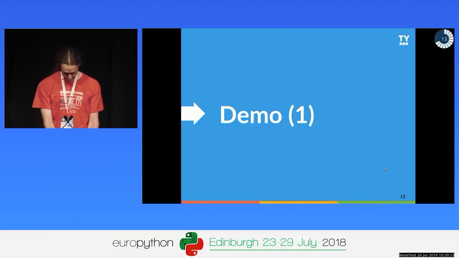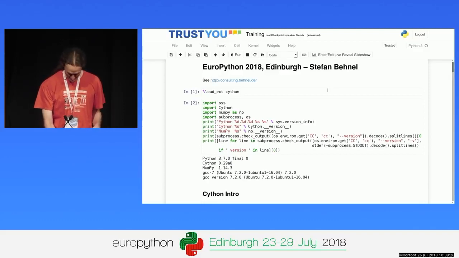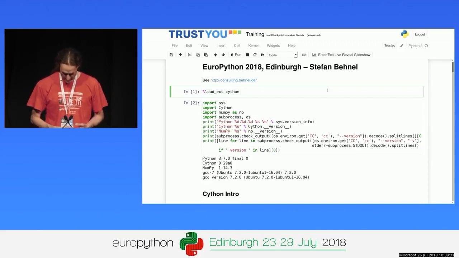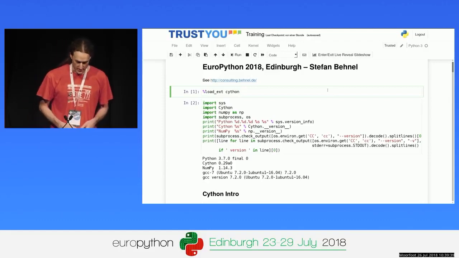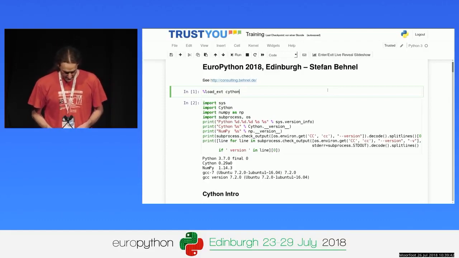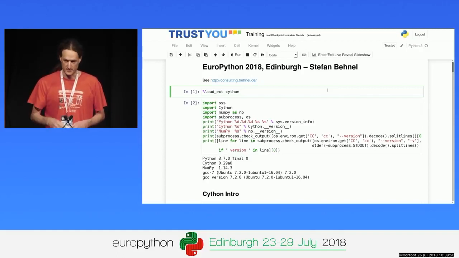Okay, first demo. Does everyone know the Jupyter Notebook? Who does not know it? Nice. Jupyter is just wonderful. It's a wonderful piece of software. It's a very interactive way to do programming, even data analysis. Lots of people use it to play around with data and visualize it in their browser. And one cool thing about Jupyter is that it does not only support Python, it supports lots of languages. Last time I checked, which was years ago, there was already a dozen more languages. It's probably way more now.